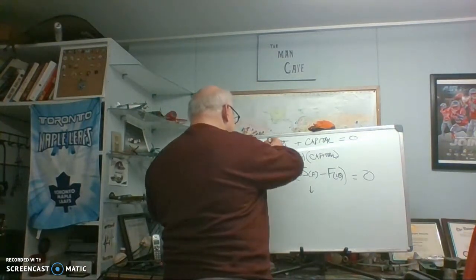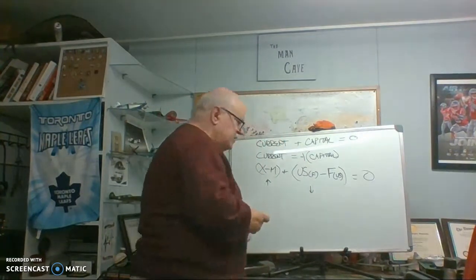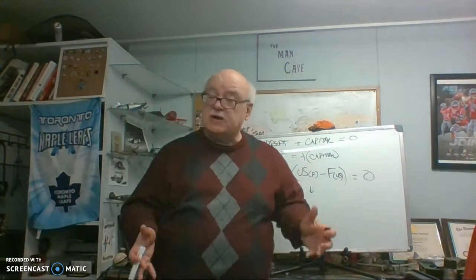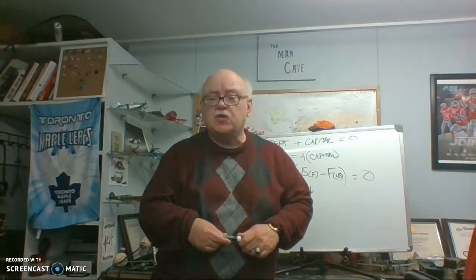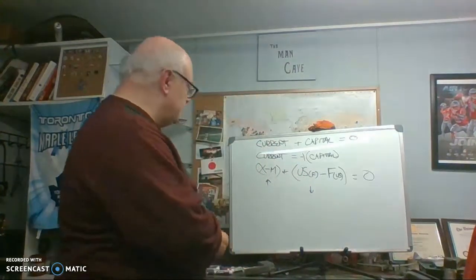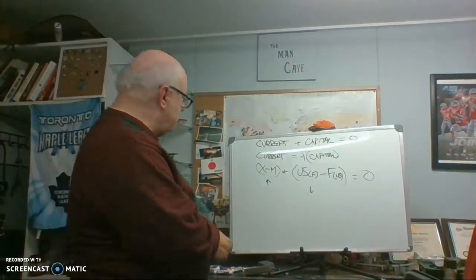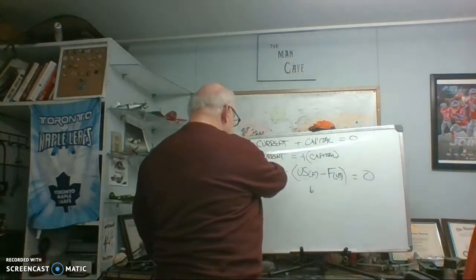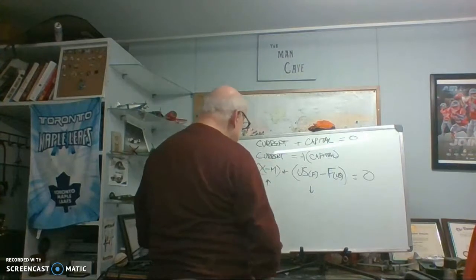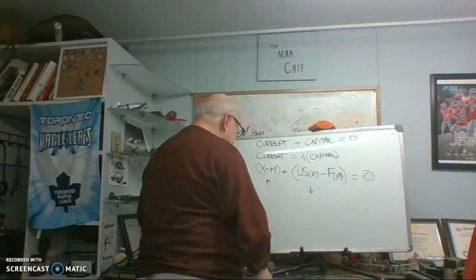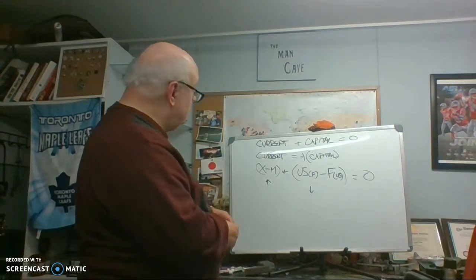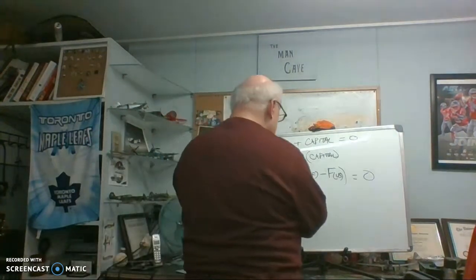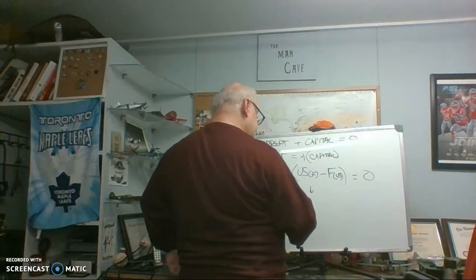If there is a positive balance in the balance of trade, which happens about once every third ice age or something like that, what we're saying is that foreigners bought more of our products than we bought of foreign products. So that means, again, that there is more